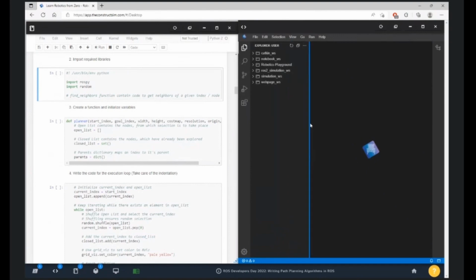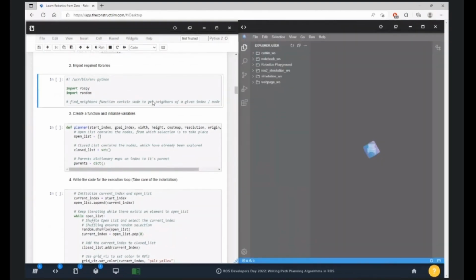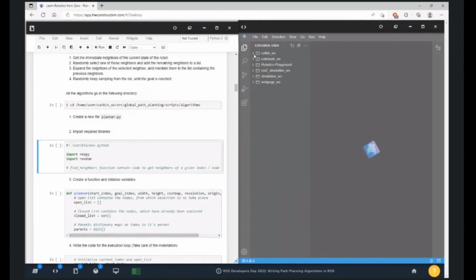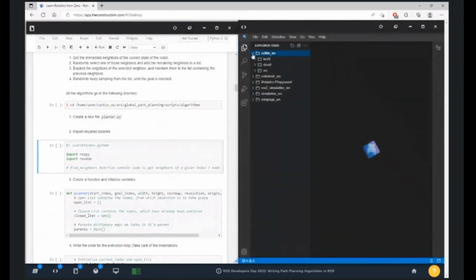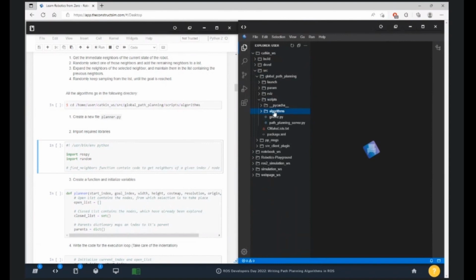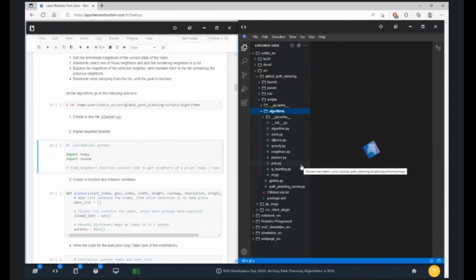So in the navigation of the code editor, we are going to go to catkin workspace, src, global path planning, scripts, and in the algorithms folder. Here is where we currently have all the algorithms that we are going to run in this complete talk. So right now we want to create a new file called planner.py, but we already have this,